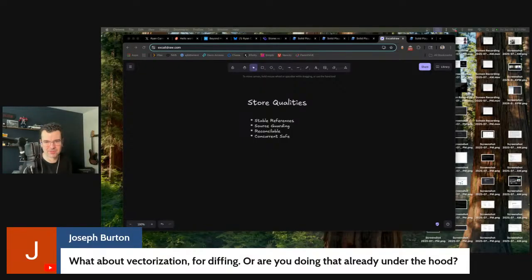What about vectorization for diffing? Are you doing that under the hood? I'm not actually quite sure what you're referring to. The way the diff algorithm works here is we keep references. So we do the typical, if nothing's changed, basically we swap the value object underneath the proxy. The proxy stays stable. We switch the value object, and then we diff the signal properties, which are only things that